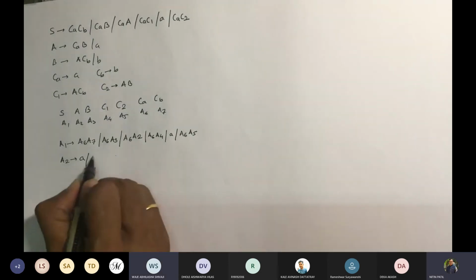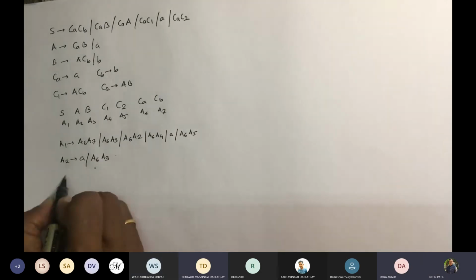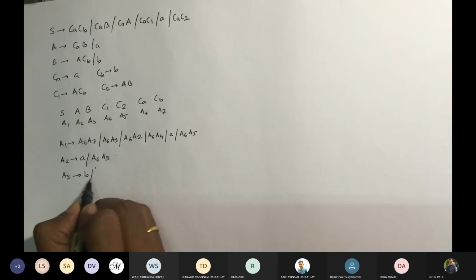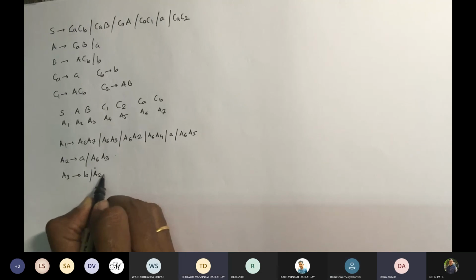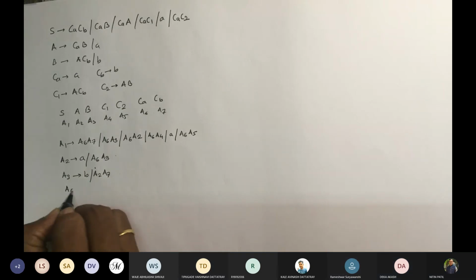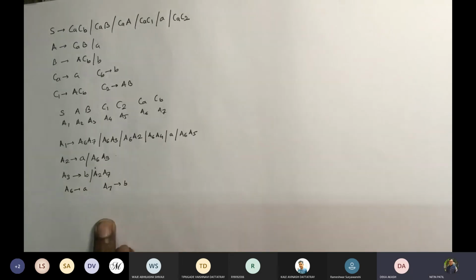CAB, है ना? CAB, CA मतलब क्या है? A6, A3, बराबर A3 के लिए ACB. A2. A7, CA gives A. A6 gives A, A7 gives B, करेक्ट। अभी C1 के लिए, C1 क्या है?